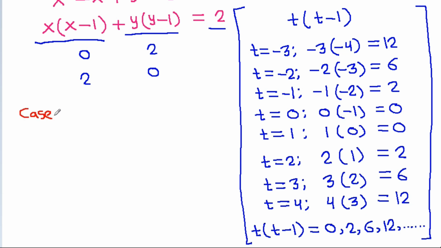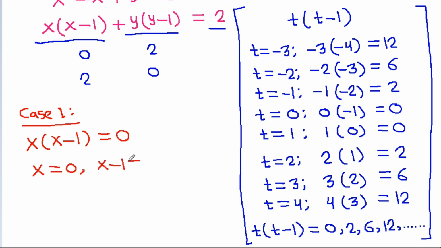So case 1, x times x minus 1 can be equal to 0. That means x is 0, and if x minus 1 is 0, then x will be equal to 1. And y times y minus 1, it is 2,